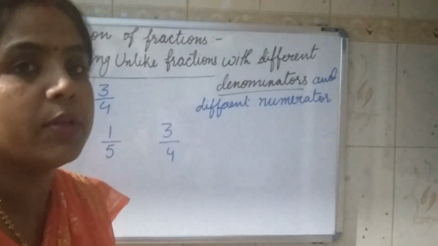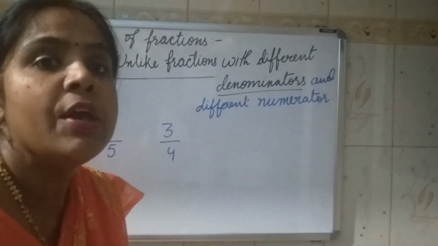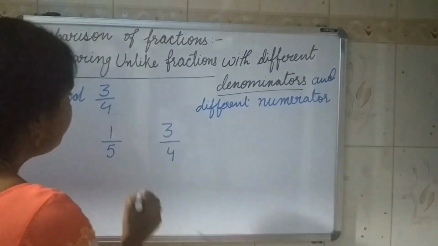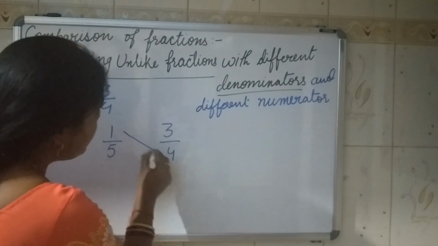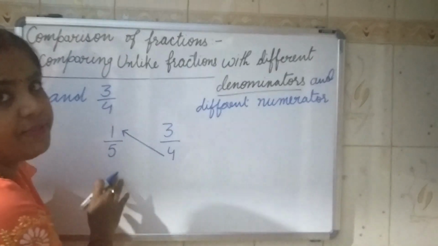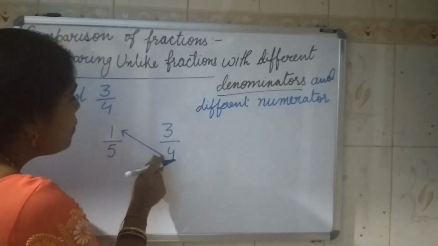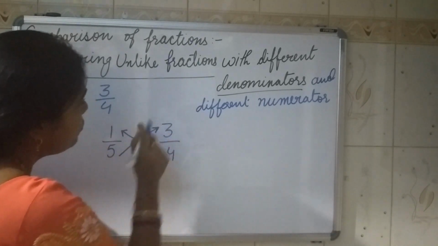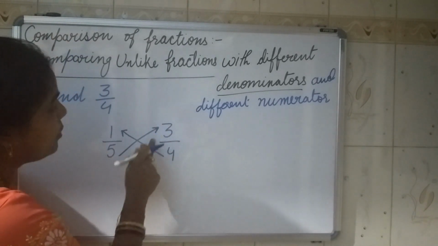To understand which one is greater, we are using one process that is called the cross multiplication method. To do this cross multiplication, we are using this arrow, and whichever side the arrow is there, that side we will multiply. Okay. So 4 will be multiplied by 1 and 5 will be multiplied by 3. See, the arrow is not on both sides. Only one side has an arrow.